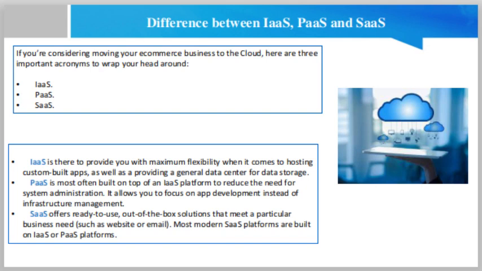IaaS e-commerce example. Magento 1 Enterprise Edition can be either on premises or IaaS depending on how the merchant chooses to host their store. In the case of IaaS, the merchant is paying Magento for the licensing of the software and then using a third-party vendor for web hosting, such as Rackspace. Merchants are able to pay for a hosting plan that meets their own needs without the cost of maintaining their own physical servers. The merchant is still responsible for installing and managing updates to their Magento software.